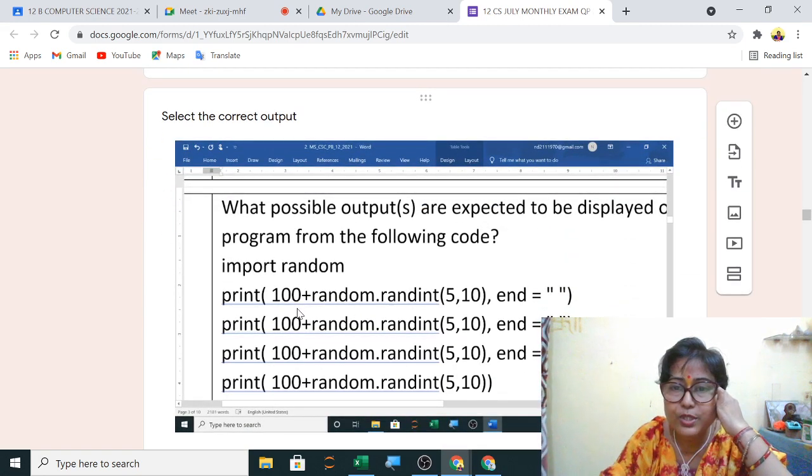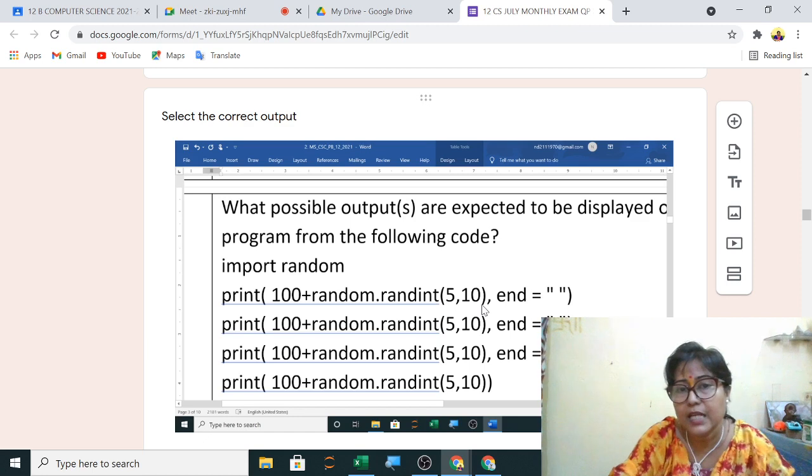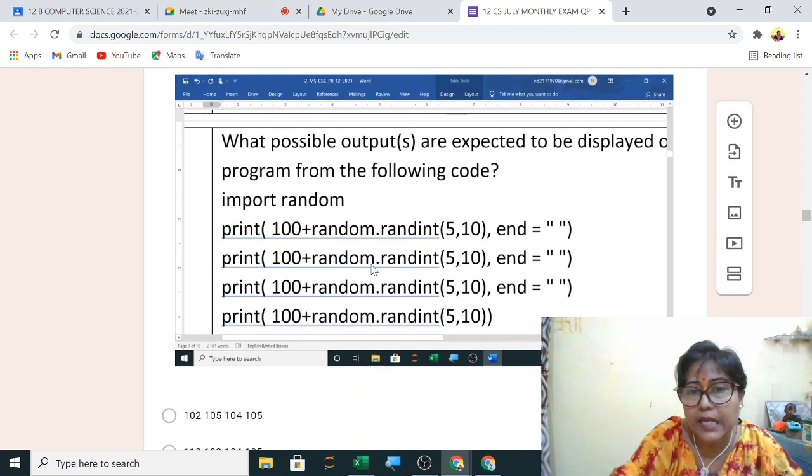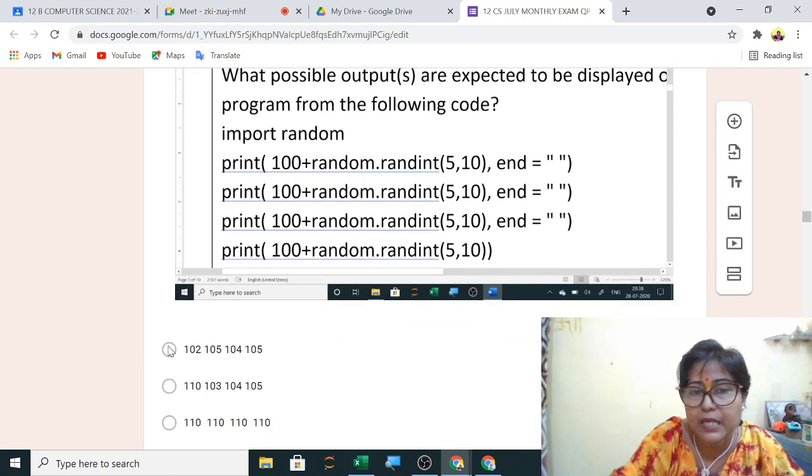Next output question is for random. Now here random means any value from 5 to 10 it will take and print. Again the next one, 5 to 10, any value with one space, so it will be in the same row. So the first one is wrong because it should be 105 to 110.